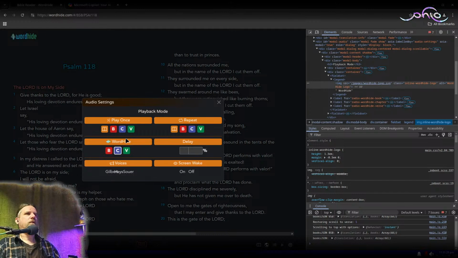Kind of looks good, but word hide really is, okay, here's what we can do. Need to think of something to put here, but we can put word hide. No, I was going to say I could put word hide above here on an H3 tag, kind of like this playback mode, but playback mode actually covers all of this stuff.